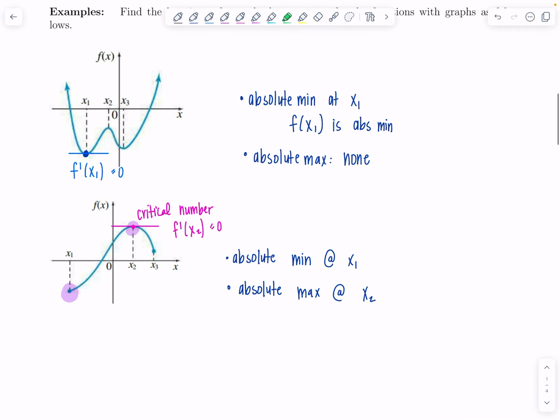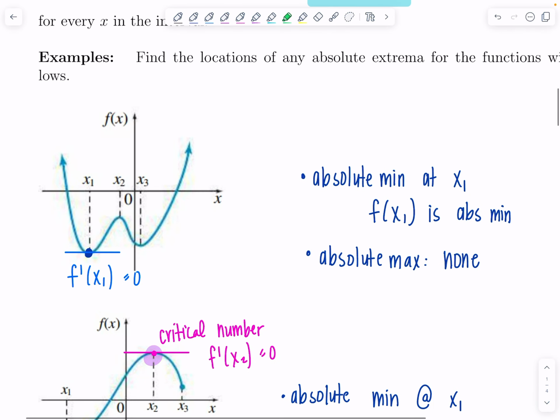And if you look here at this first example, the problem is not continuity. No, my function's continuous. It's that I'm not looking at a closed interval. I was looking at the entire domain of the function, which was all real numbers. That's not a closed interval. But if I were to come along and say, okay, we're going to restrict the graph to this interval. Here's A, here's B. Then for sure, I would be able to find an absolute min and an absolute max